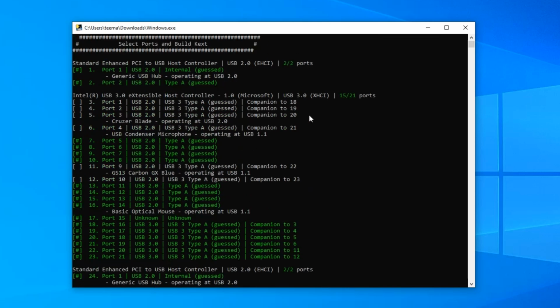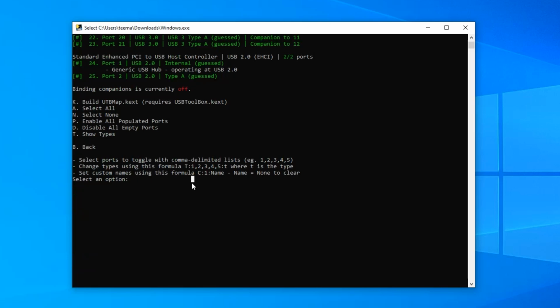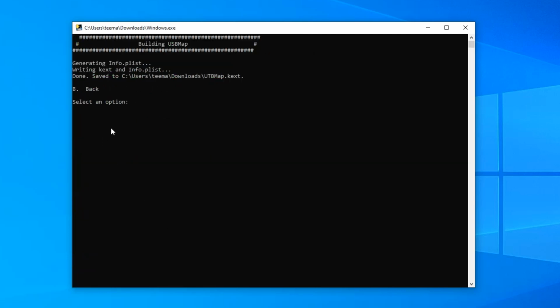And we are just right at 15. That is what we need. Now you could disable other ones. If you have more than 15, you could disable some other ports that are not really needed, but in my case this is just perfect since I have every port I need selected. Now we can go with K to build our USB map and then hit enter, and you can see we've generated our text. Now we can close this page,